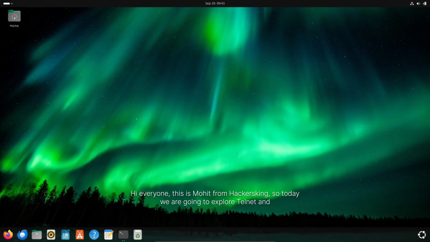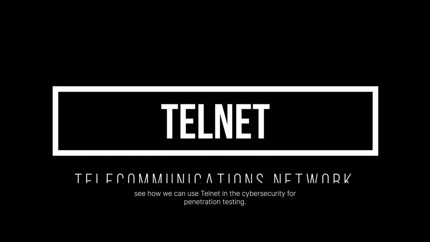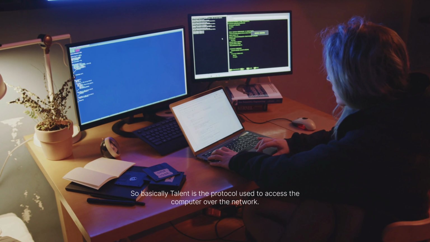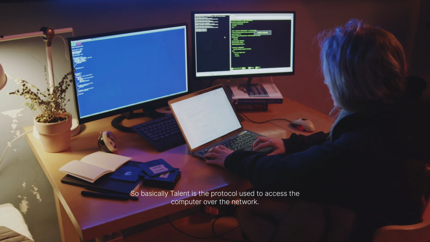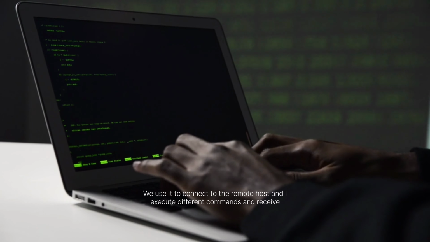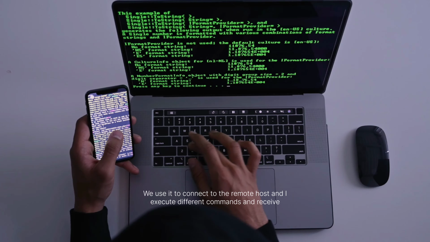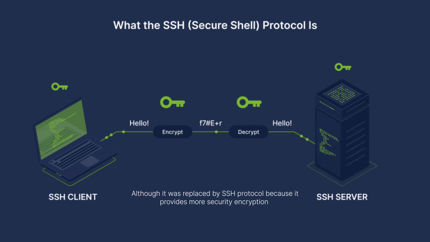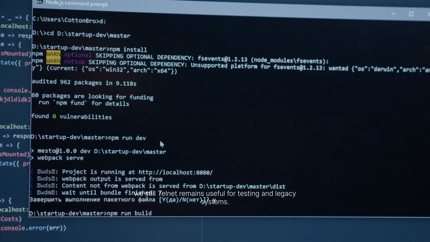Today we are going to explore Telnet and see how we can use Telnet in cybersecurity for pen testing. Basically, Telnet is a protocol used to access a computer over a network. It allows you to connect to a remote host, execute different commands, and receive output as simple text. Although it was replaced by SSH because SSH provides more secure encryption, Telnet remains useful for testing and